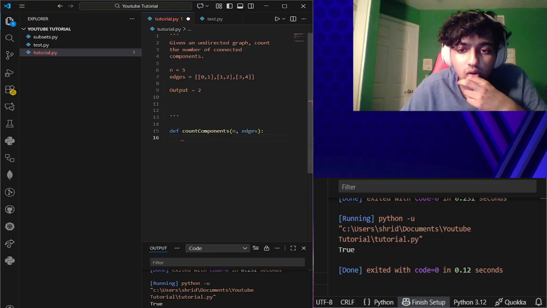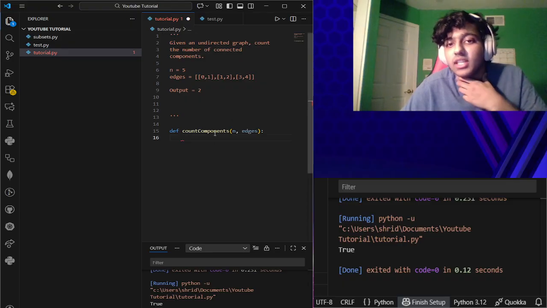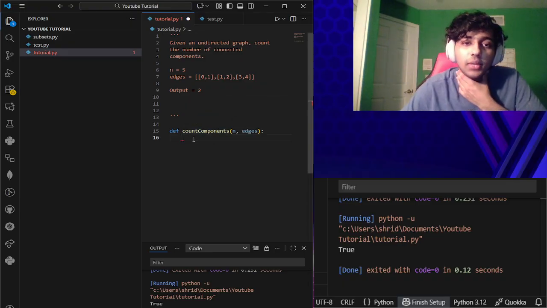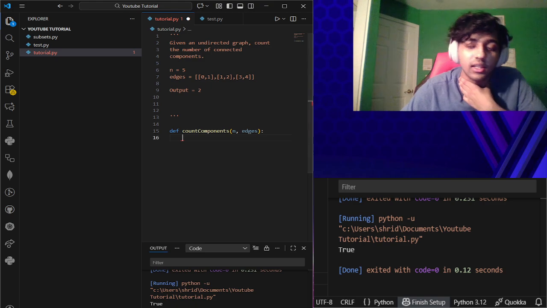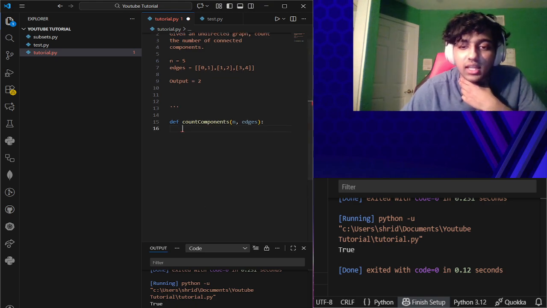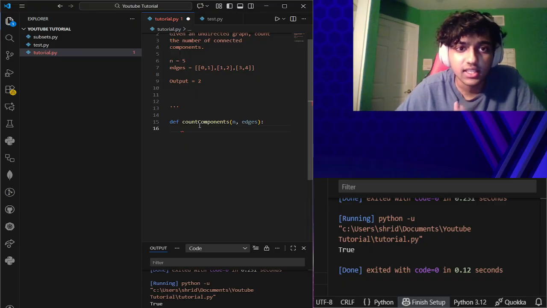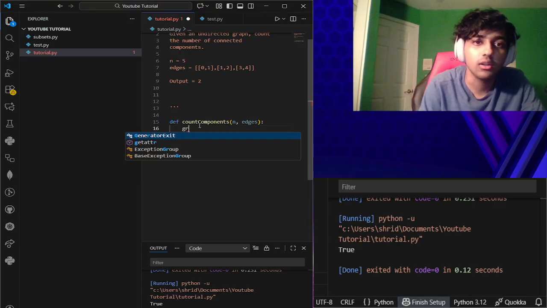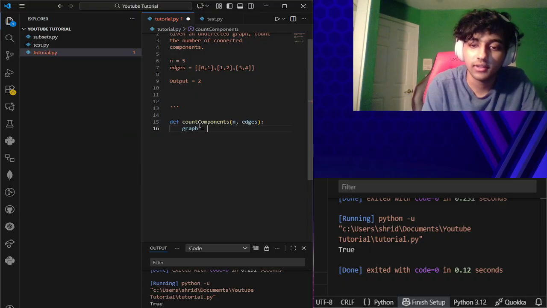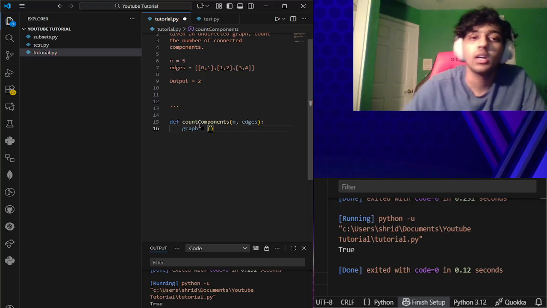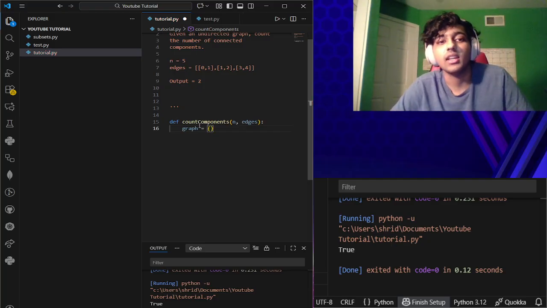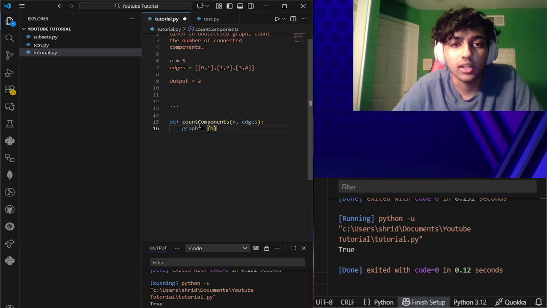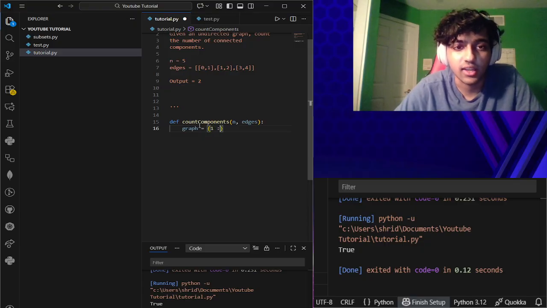So now how would we go about doing this? I think to start off with, we need to create the type of representation that we're going to be using for this graph, and I think the best way to do that would be to make an adjacency list. So how do we make that adjacency list? Well, let's call the variable graph, and as you guys might know, an adjacency list is basically in the form of a dictionary where you have some certain node, let's say it's 1, and then it's connected to every single